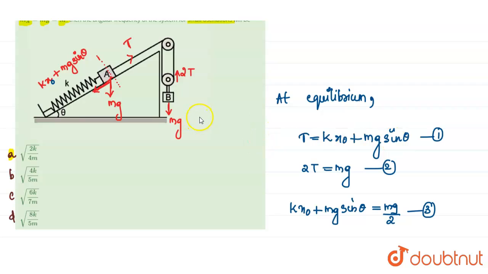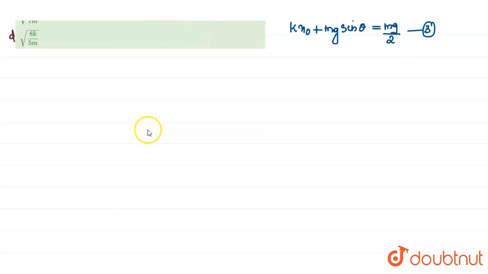Next we can look at the conservation of energy. When the pulley starts to move, that is when we compress the spring. So when we compress the spring up to a distance x, there is a restoring force exerted by the spring, and due to this restoring force, the pulley will move. So the potential energy of the spring is converted into kinetic energy. Then we can write the conservation of energy equation. So by conservation of energy,